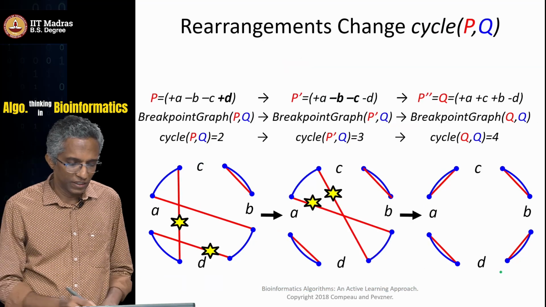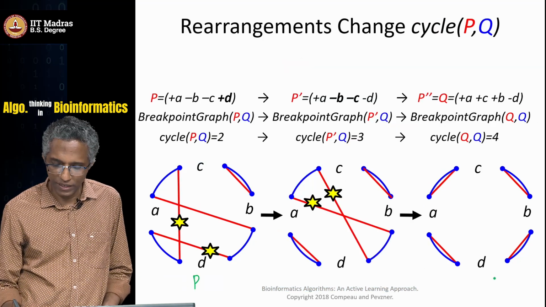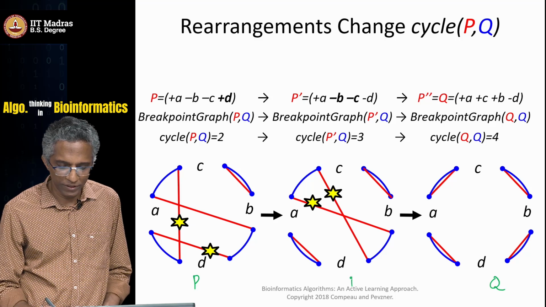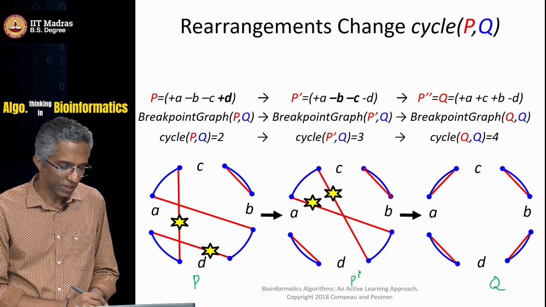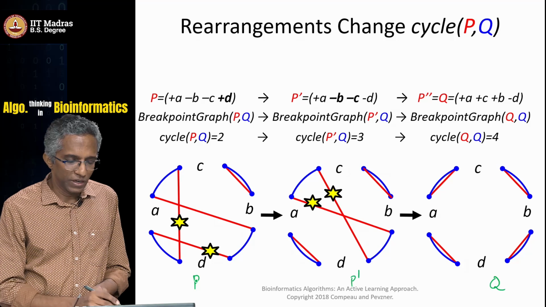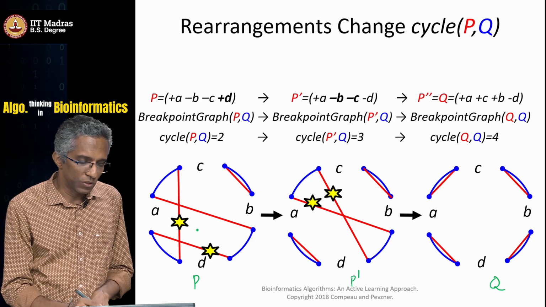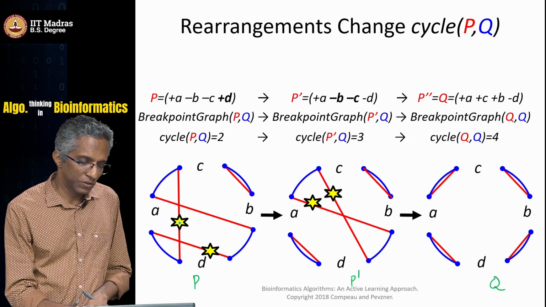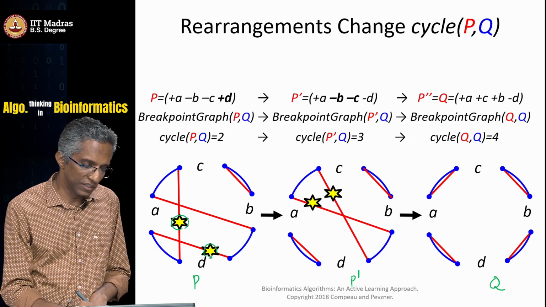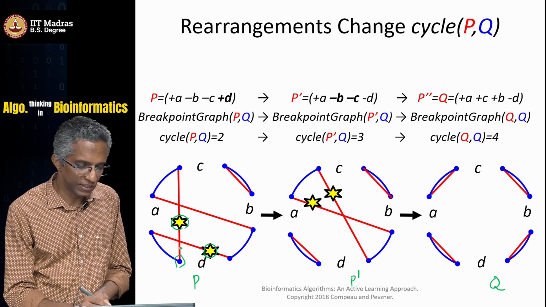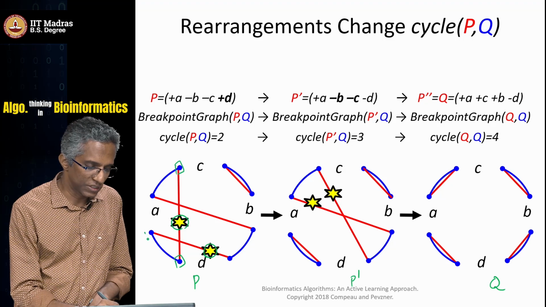So, we have the starting permutation which is p, and then the ending permutation which is q, and an intermediate permutation which is p prime. When you look at p, you have this particular breakpoint graph representation, and then you are going to do a 2 break operation where you remove these 2 starred edges, look at the 4 nodes that are incident to these starred edges,